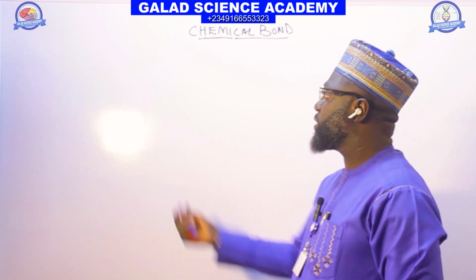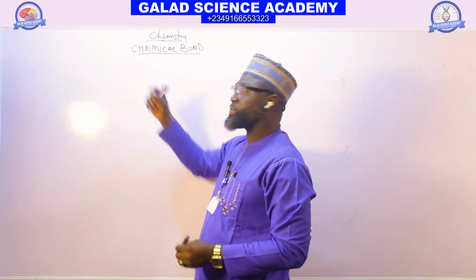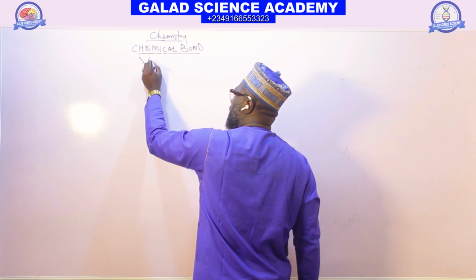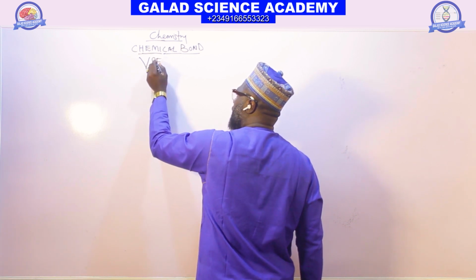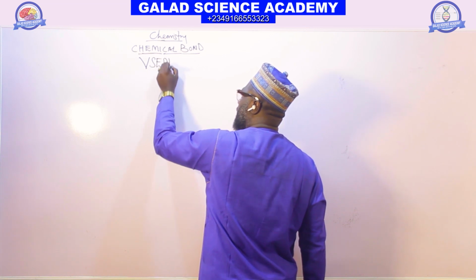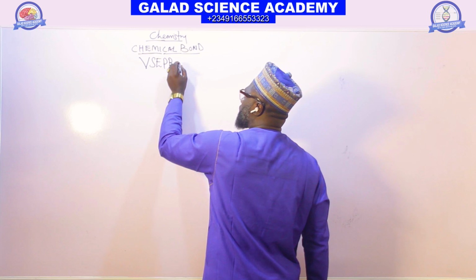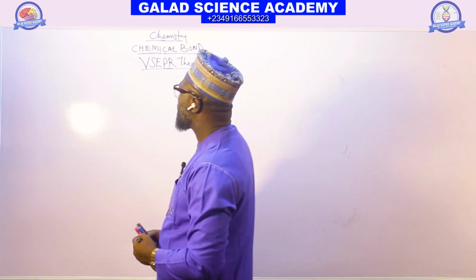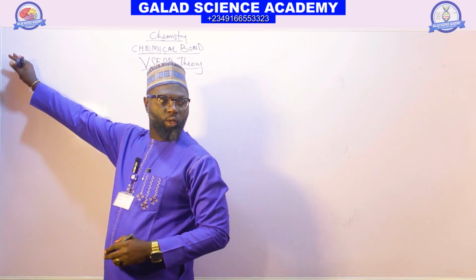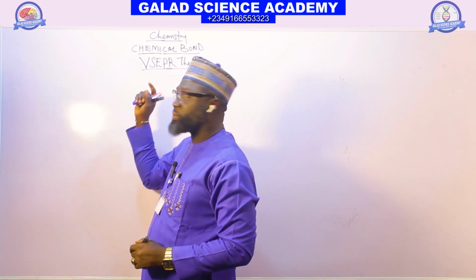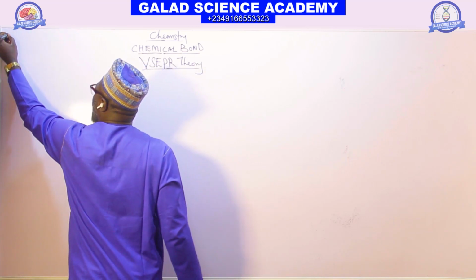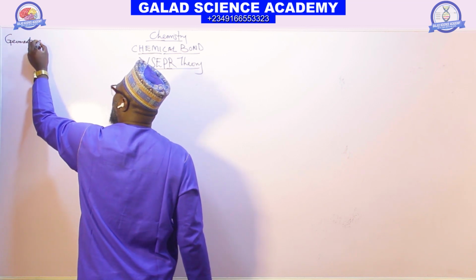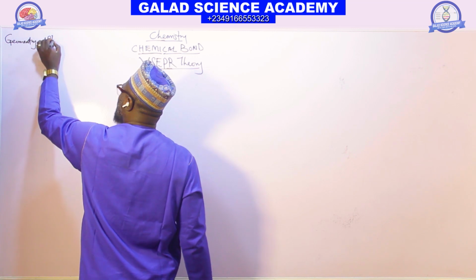So let us now use VSEPR theory. We are still on Valence Shell Electron Pair Repulsion theory. So by using the VSEPR theory, let us determine the geometry and shape